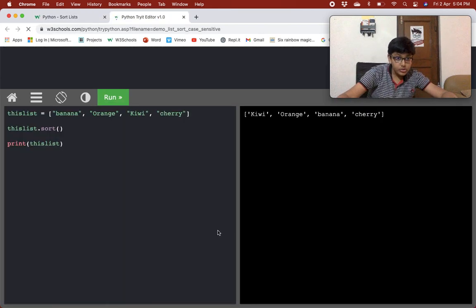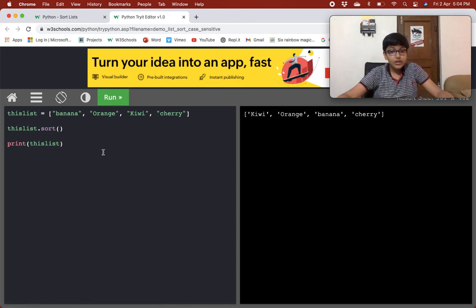You see what is happening: first Kiwi came, then Orange, then banana, and then cherry. Why? Because the capital letters have a smaller value than small letters. These both are capital, so it compares these two. K comes first, then O, so Kiwi is coming, then Orange, then banana, and then cherry.